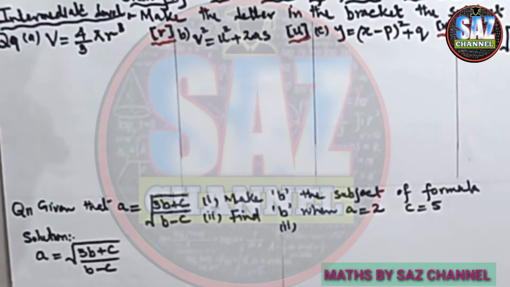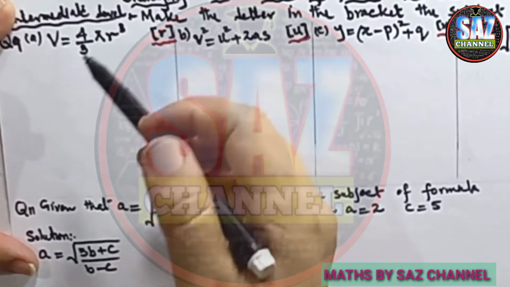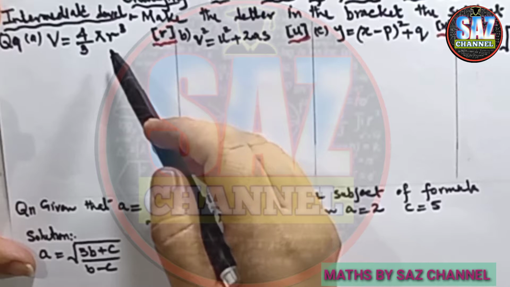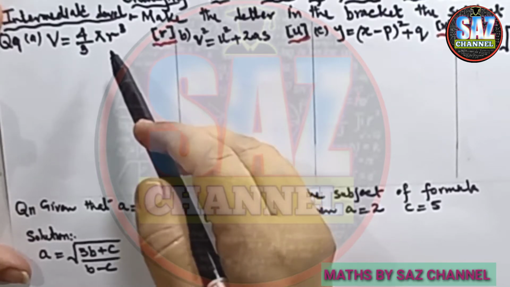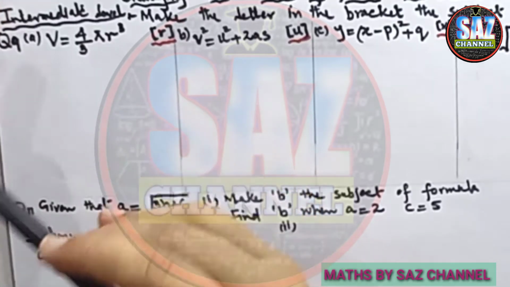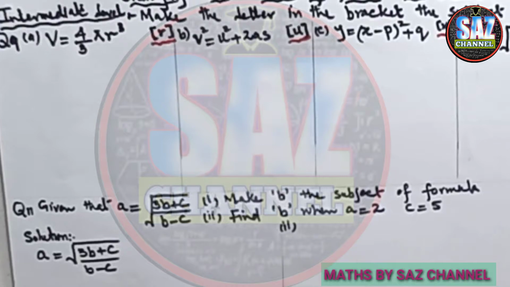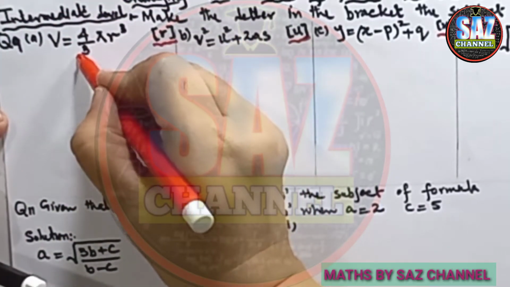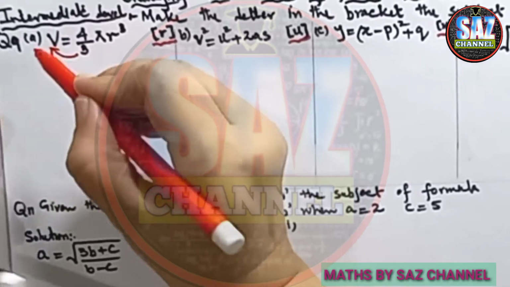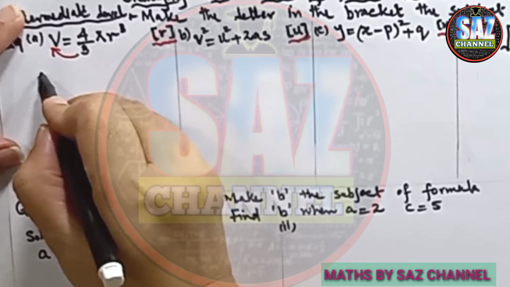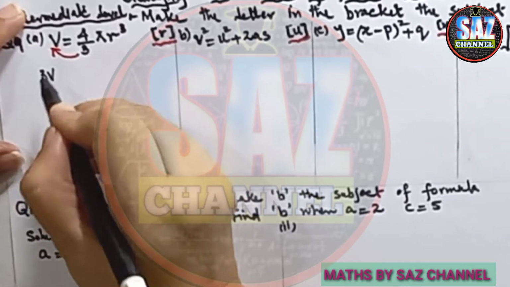We know that the letter that we need to make the subject of formula has to be alone, preferably on the left hand side with the coefficient +1 and power +1. So we have to shift all extra terms to the other side. If we look at the term 4 by 3, in 4 by 3, 3 is divided. So first we have to shift that 3 to the other side by multiplication, and the equation will take the form 3V